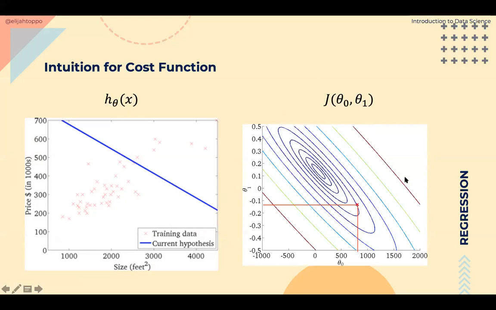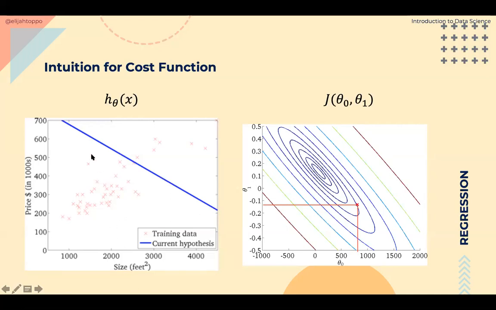So if you look at outer regions, these lines in brown, this line actually connects to this line. And what it means is whether you're on this line or whether you're on this line, the cost is the same and it is very high. As you go inside and inside to these concentric circles, your height becomes smaller and smaller and your cost becomes smaller and smaller. Our hope is that our theta reaches this middle point, the valley point, and then we will have the best model for us. Okay. So the two graphs here represent the hypothesis function and the cost function.